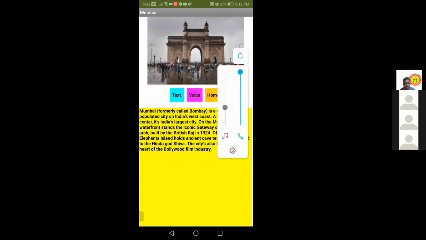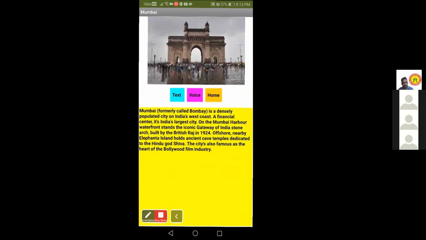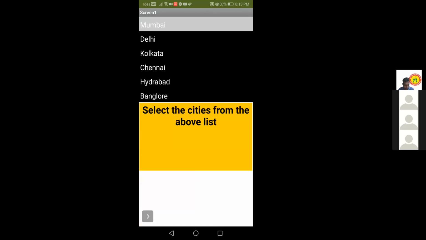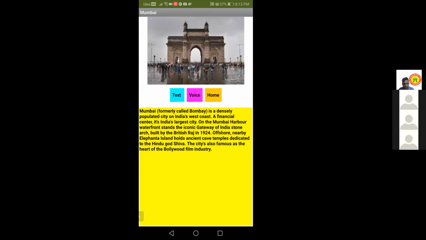Sir, what will happen if you click the text button? It will just make the text appear. So when I click this text button, the text will appear like this.